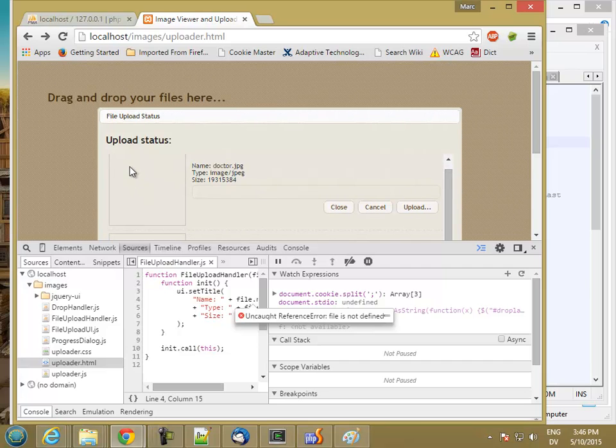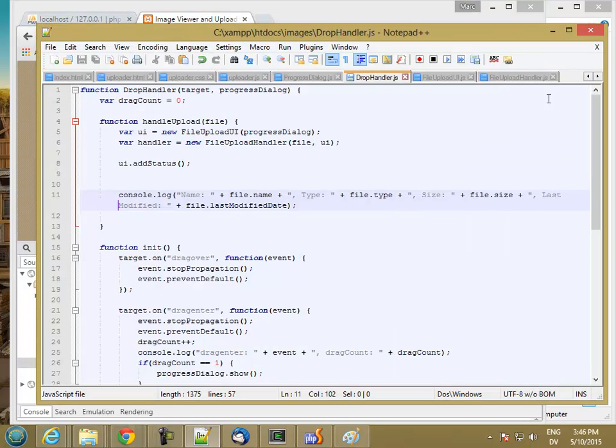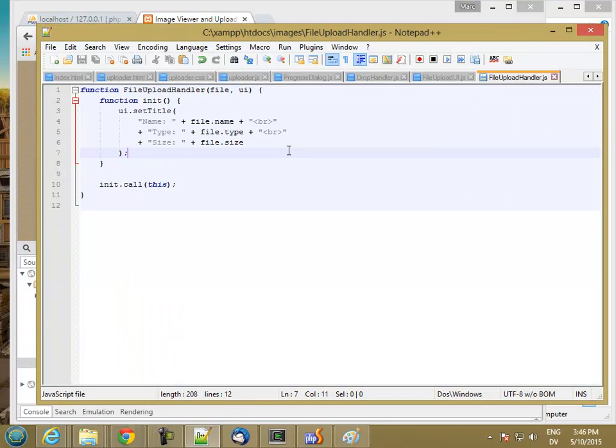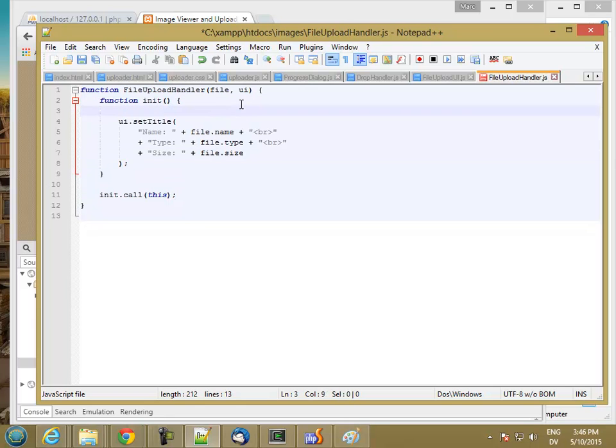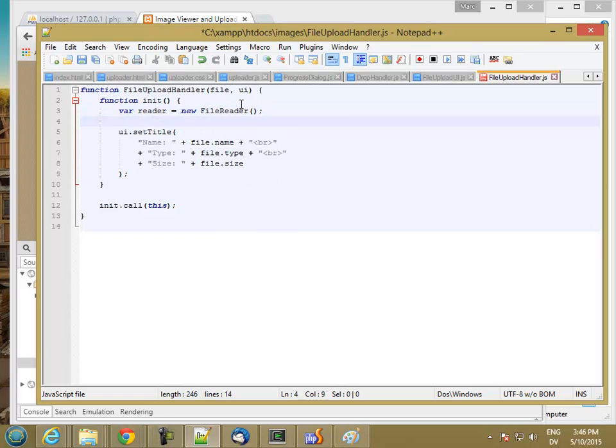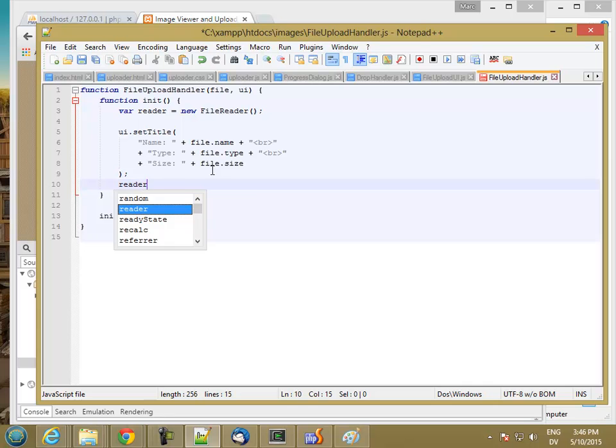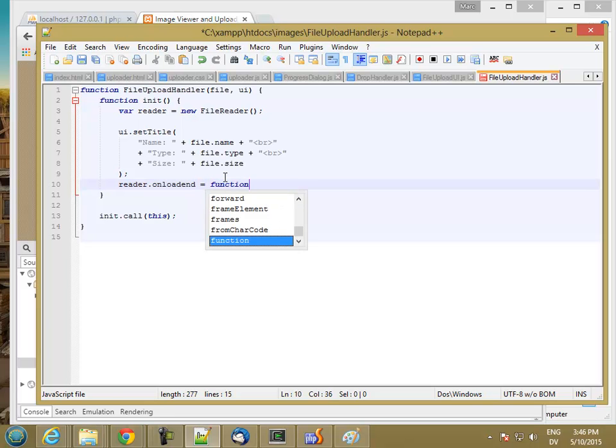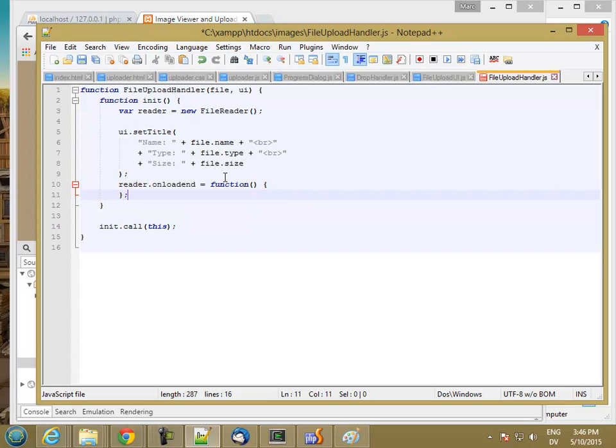So let's begin by setting this image. And the way I do that is I need a file reader. So var reader is new file reader. And this is two parts. So the first part is I set reader.onLoadEnd is a function, and then I call